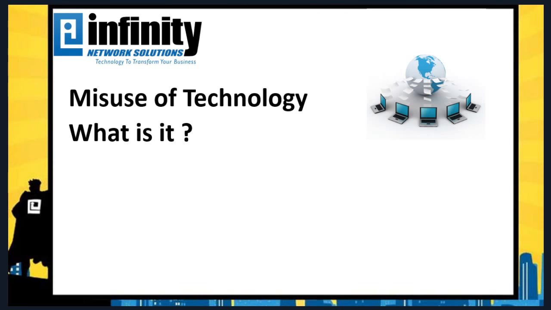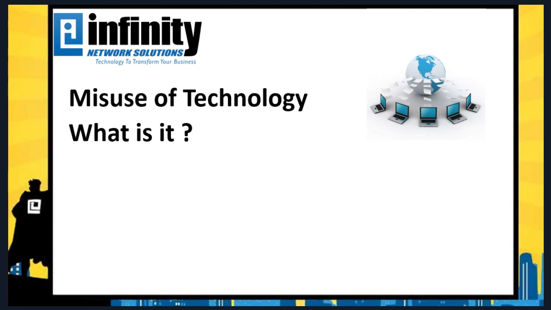So let's talk a little bit about the misuse of technology and what that is. Misuse of technology is using company technology for unauthorized personal use, using company technology for personal gain, and using company software for personal use outside of license. When we're talking about unauthorized personal use, that's taking that copy of Office Home that I was talking about earlier. Or your employer has AutoCAD and you want to use AutoCAD at home, and you take that license home. This obviously is not the way that's intended.